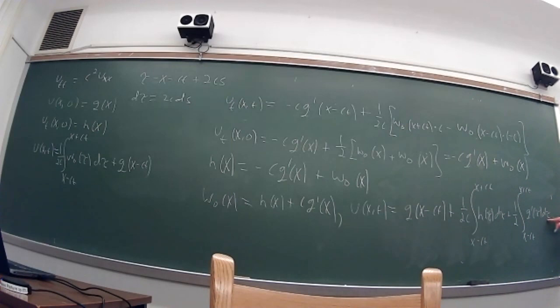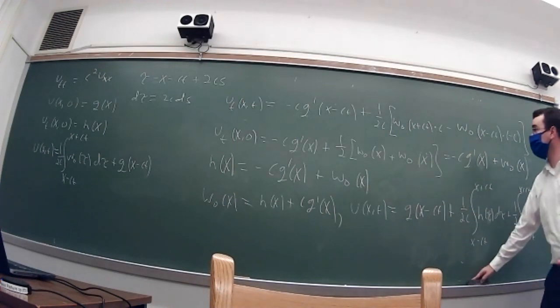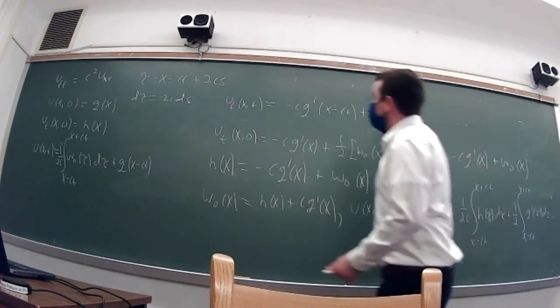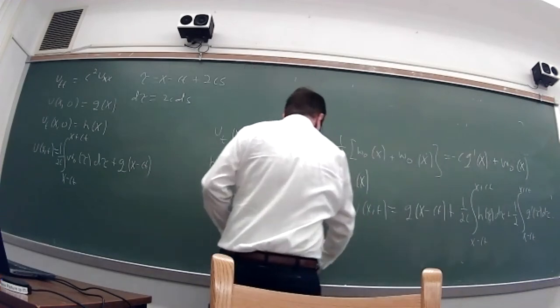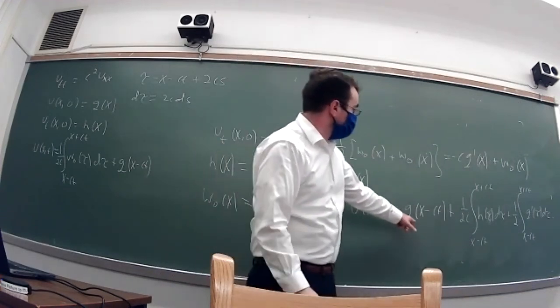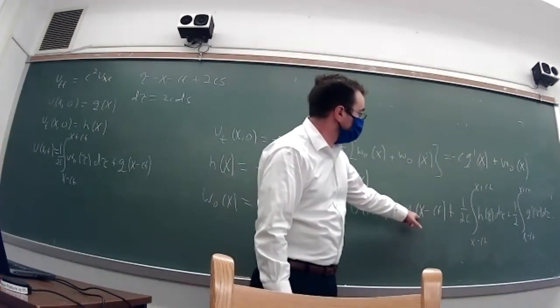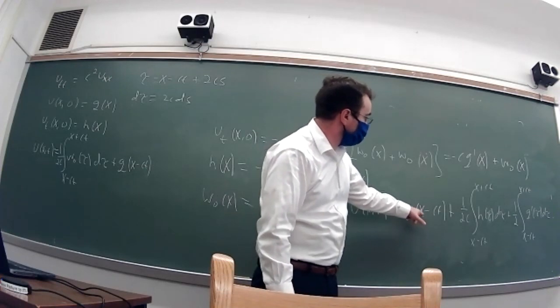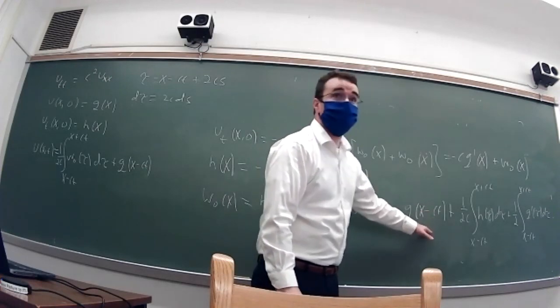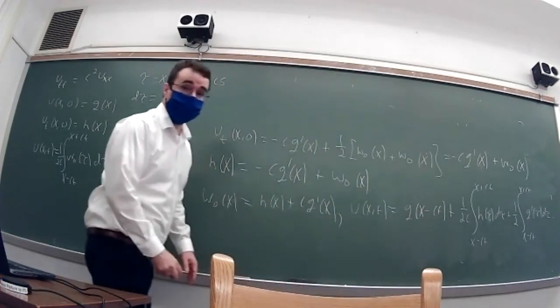But just integrate this according to the fundamental theorem of calculus, and you'll get 1/2 d of x plus ct minus d of x minus ct. And then you'll see the minus 1/2 d of x minus ct takes away 1/2 of this, and you finally get